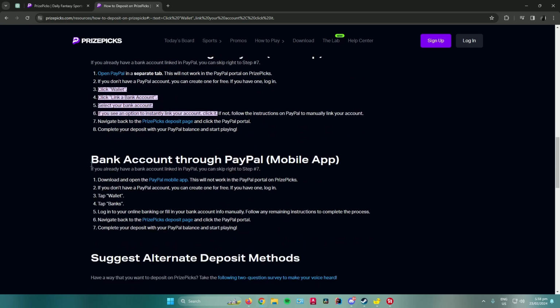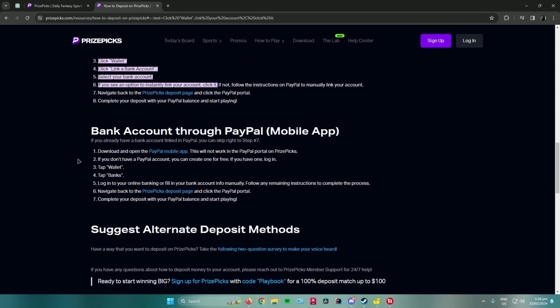Next is bank account through PayPal again, but on mobile. First, download and open the PayPal mobile app. This will not work in the PayPal portal on PrizePicks. Next, if you don't have a PayPal account, you can create one for free, and if you have one, just